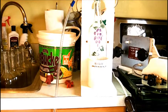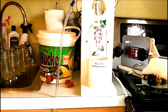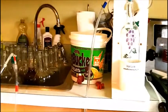Hey folks, I'm doing my trial run with the all-in-one wine pump, and what I'm doing here is bottling, which is my least favorite thing to do. So what I've done is I've set up a bunch of bottles in my sink,